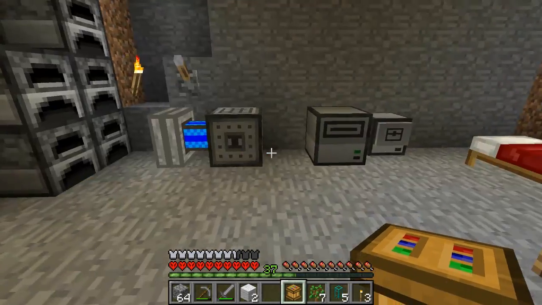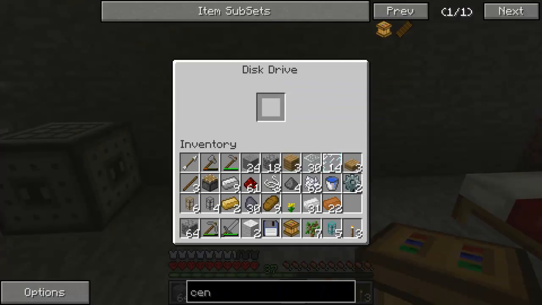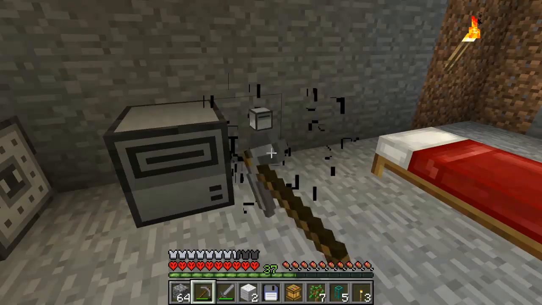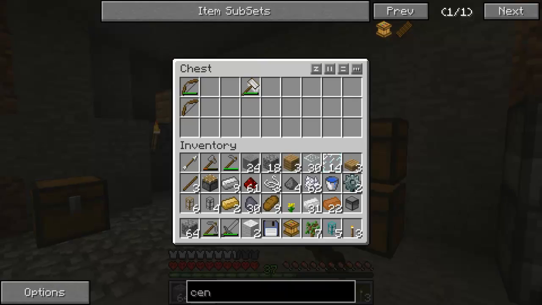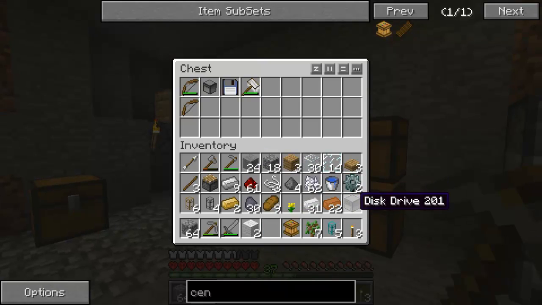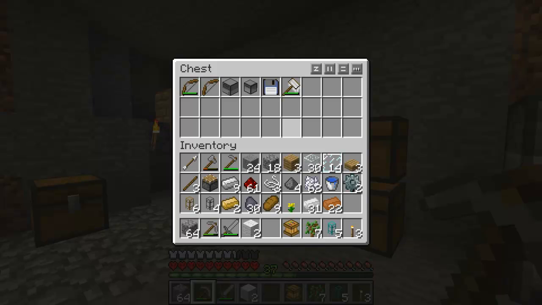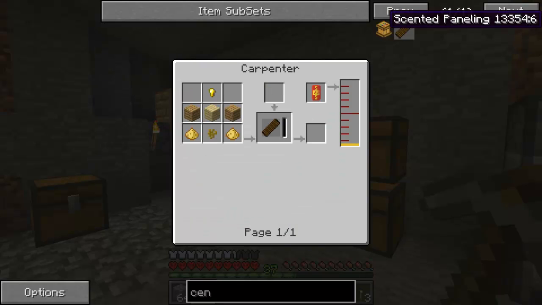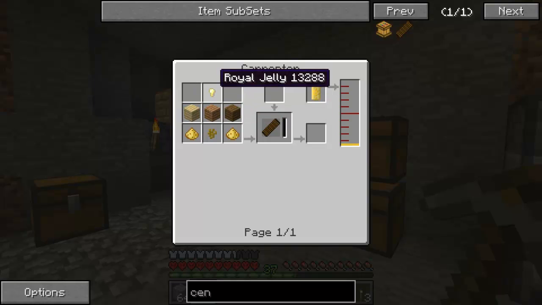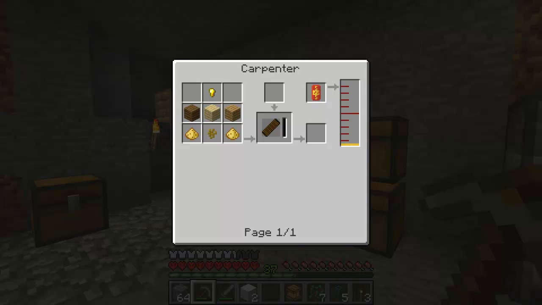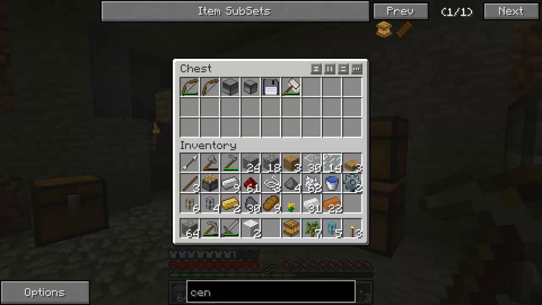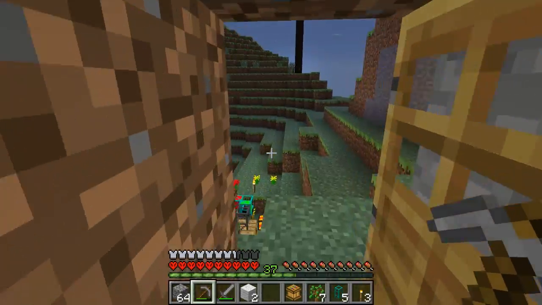Seeing as all of our engines are currently taken, let's get this turtle. We'll put you and you in a separate location. Well, you guys I consider as tools, so we might as well put you in with the tools. What's this? Scented paneling, which is going to need beeswax and pollen and royal jelly. And honey, which I'm going to need to get the centrifuge to do. So I might as well set up the centrifuge, which I'm doing right now, and stone gears will be a good thing to get. Now I'm also going to need,